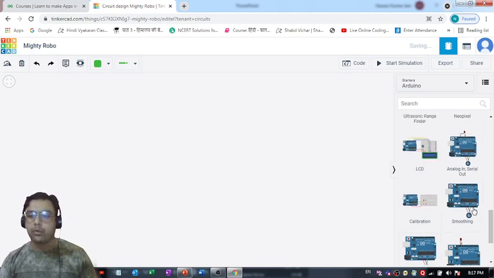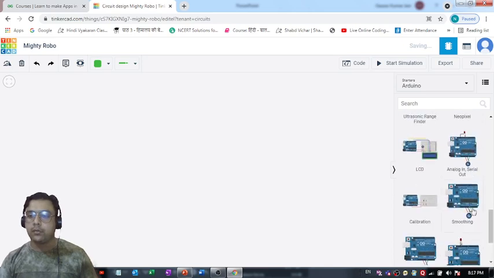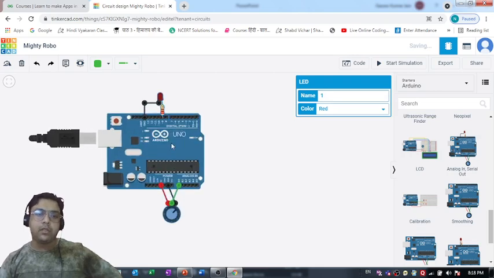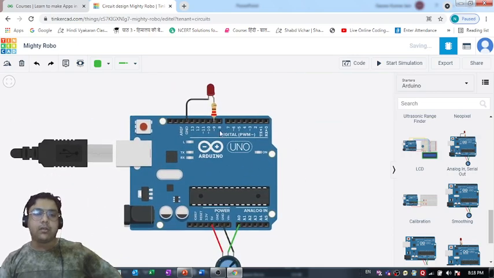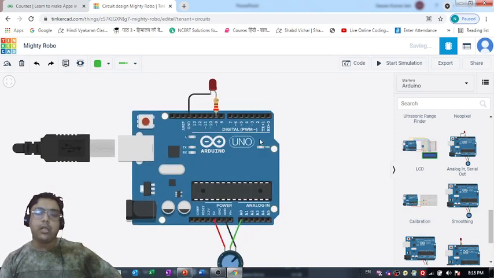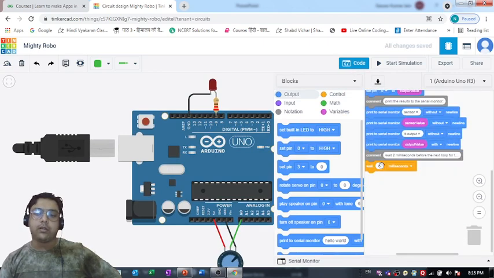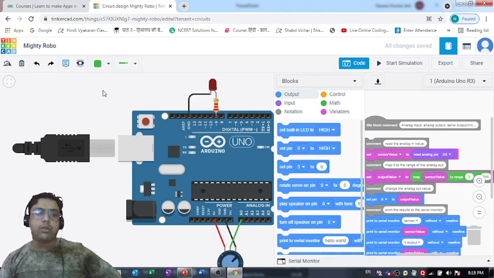So if you want to see the simple version of the circuit which we just created, that's the one. You can bring it over here. In this, the breadboard is not used. Now when you come to this coding part, you'll see the code also over here. We have the code, and we have the whole circuit also.